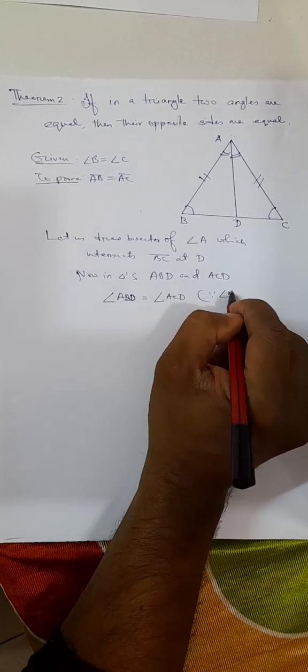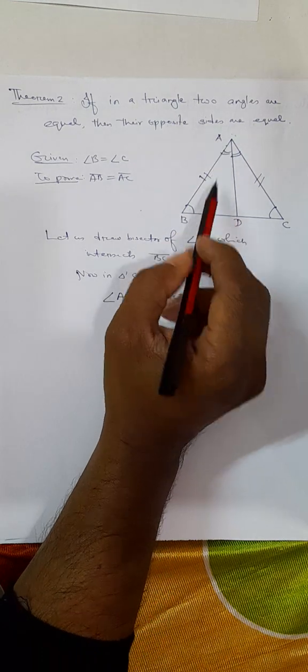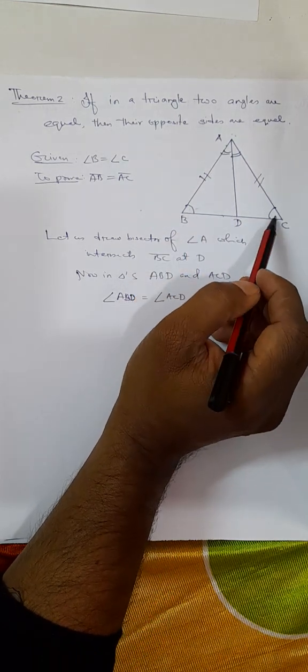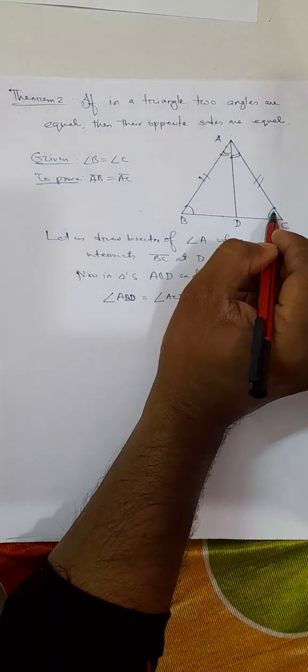Since angle B equal to angle C, angle B means in this triangle ABD, angle C means for this triangle ACD. So these two angles are equal,